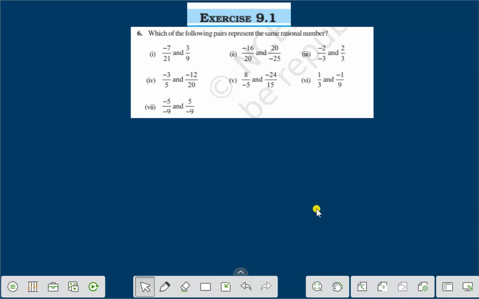Hello everyone. Today we shall discuss exercise 9.1 question number 6. Which of the following pairs represent the same rational number? Right. Let us find. Number 1 is